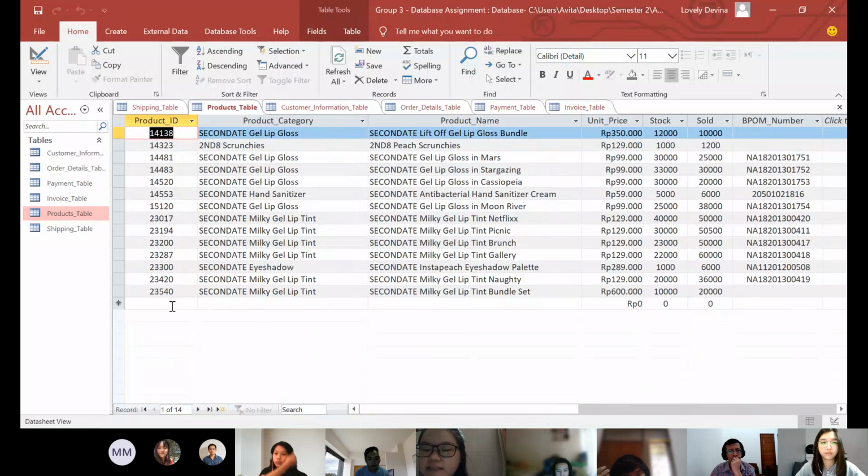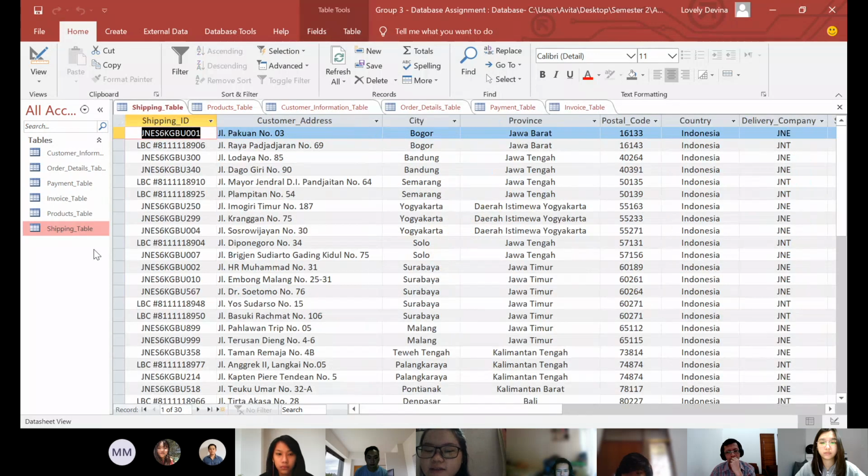The next one is the product table, consisting of product ID, product category, product name, unit price, stock, and the sold column shows how many products have been sold, and the BPOM number.